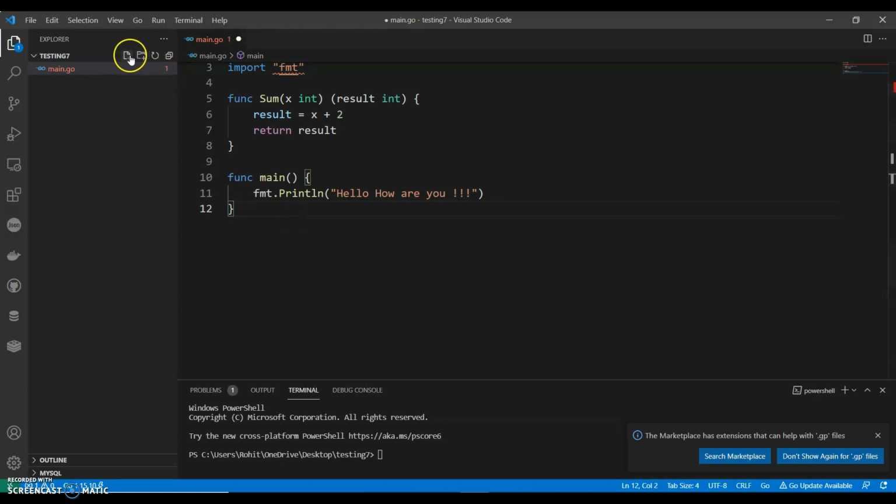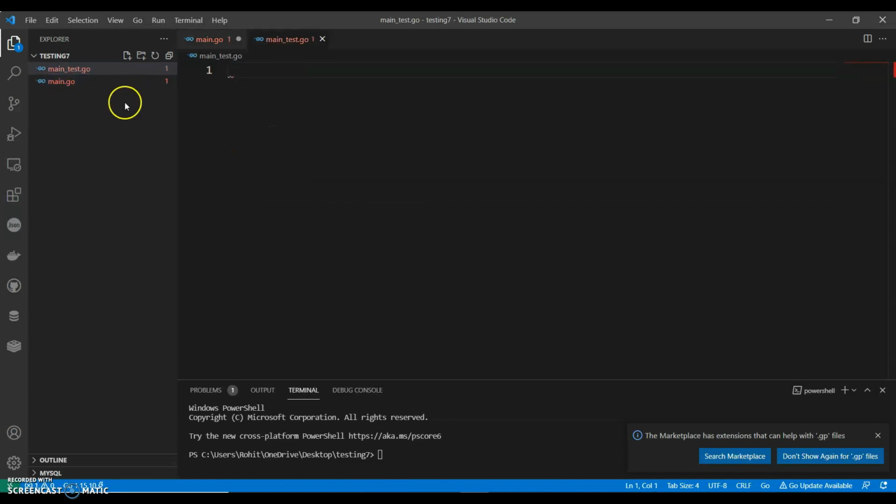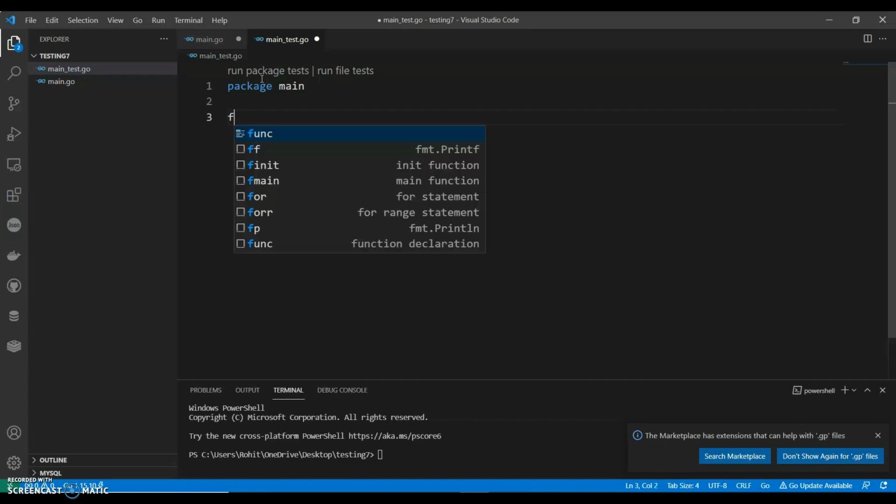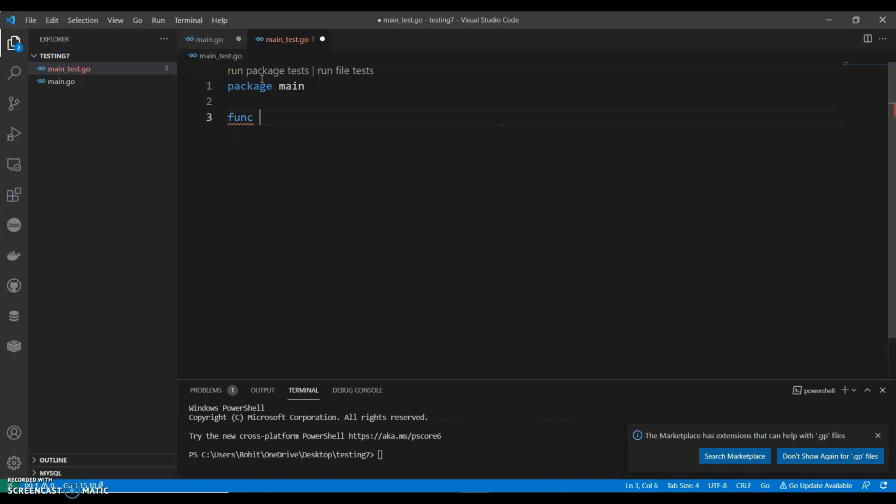Now let's have a main test.go. Okay, so that will be package main. Since we are testing main, so we'll have a function, we can call it as test sum, a testing.T,